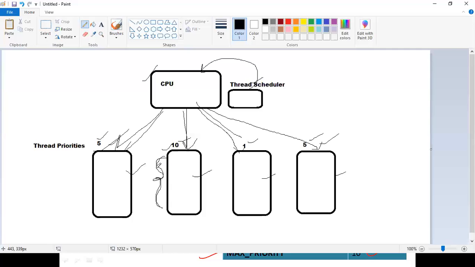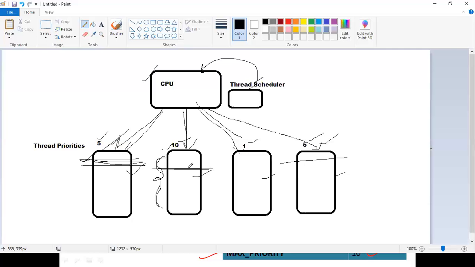Some amount of time it is going to execute, then it stops at this point, goes to another thread like thread 1 and executes it for some amount of time, and again goes to another thread. Like that, the CPU is going to switch from one thread to the other. That kind of process is called context switching or thread switching.